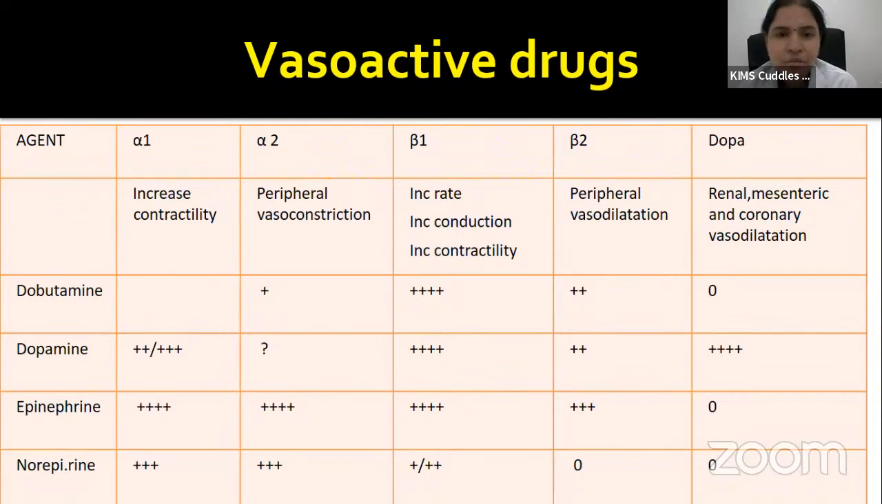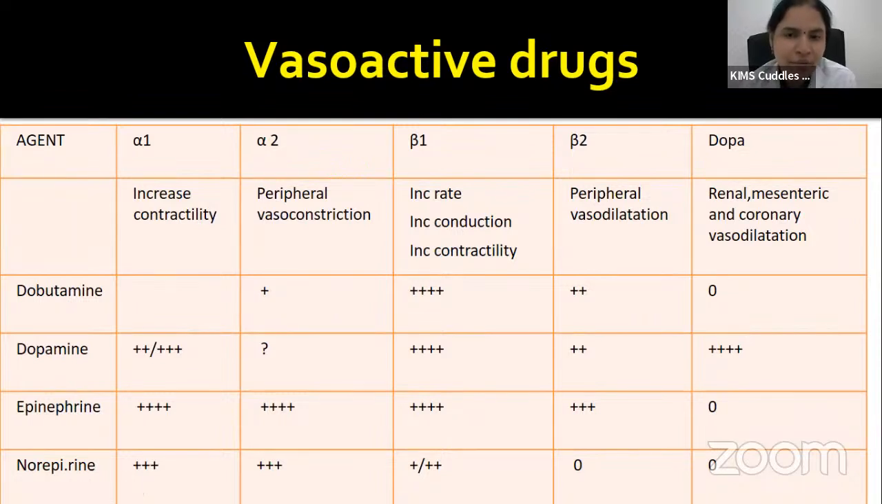These act on one or more of the receptors: alpha 1 and 2, beta 1 and 2, and dopaminergic receptors. Now, when we take each of them one by one, we see that dopamine, one of the commonly used inotropic agents, acts on the dopaminergic receptors, the beta receptors, as well as the alpha receptors. The effect on dopaminergic receptors comes in at relatively lower doses, and this results in predominantly renal mesenteric vasodilatation. The action via the beta receptors comes in at intermediary doses of dopamine, and this mediates some increase in inotropy